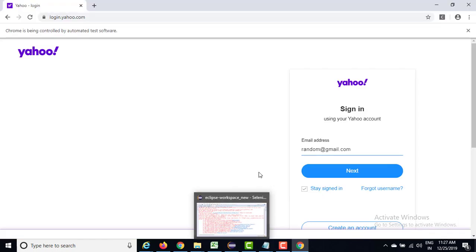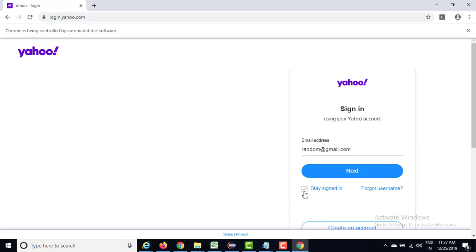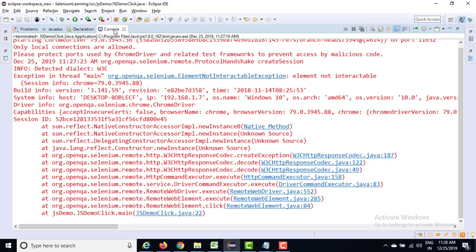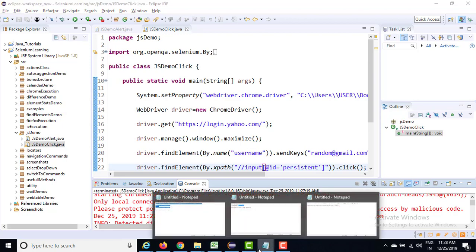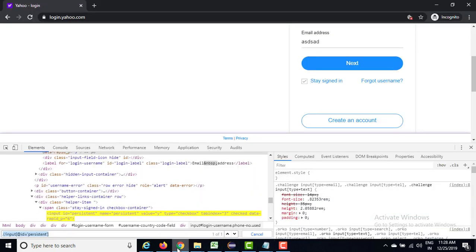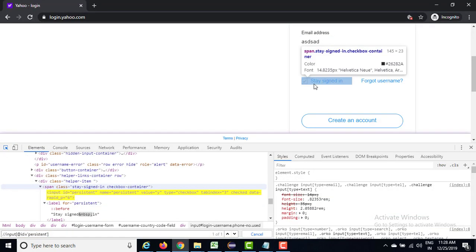Now let's say it is not clicking here, so maybe I can click on this text which is displayed, because it should also work, right? Manually, when I click on this text, it actually selects this checkbox. So let's do this. I will go back and write a different XPath.